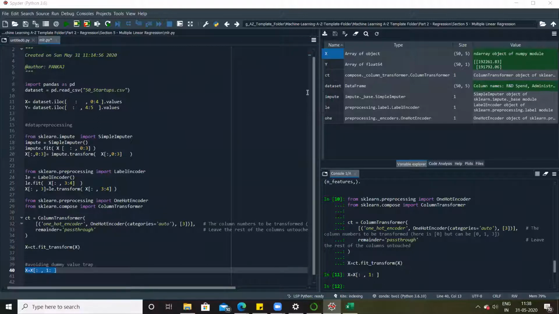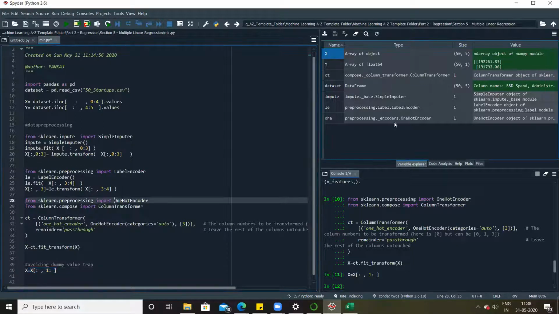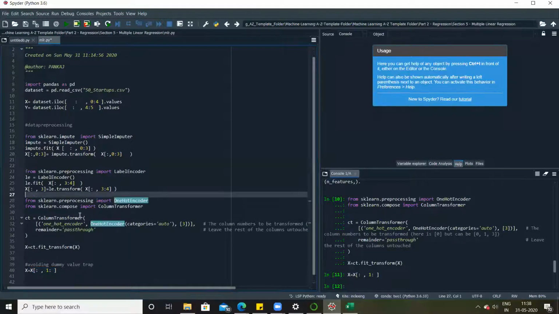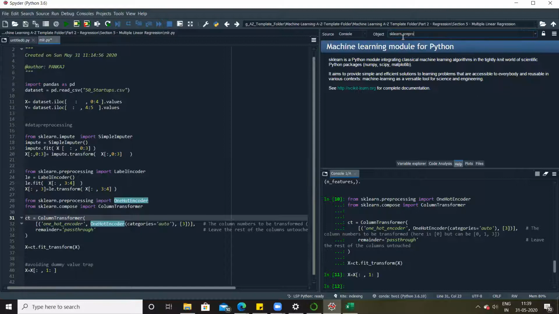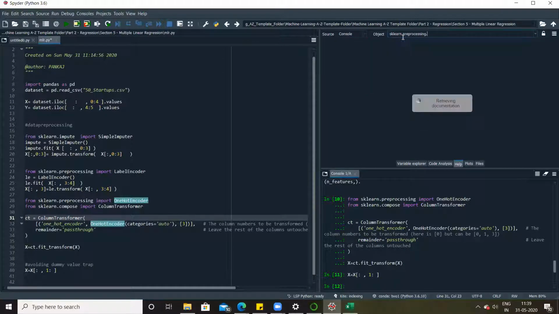You can further check the details in the help file. So let's go to the help section, choose your console and type here sklearn dot preprocessing dot one-hot encoder.